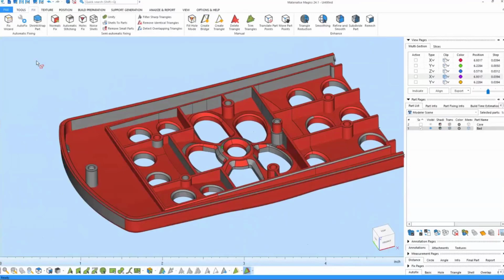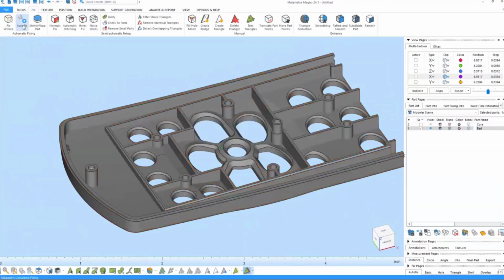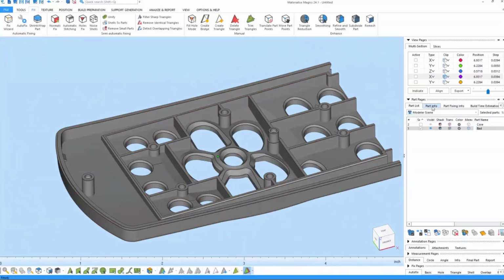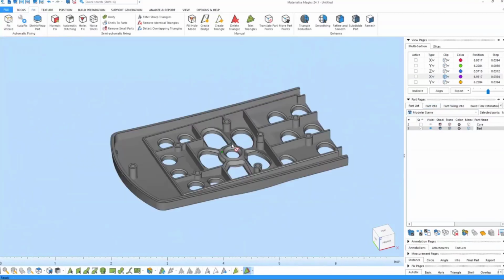The biggest one, and the one that I use, well, I guess we'd say second most, is the AutoFix tool. AutoFix is one click, solves and fixes all of the issues in our part. So it's as easy as one click, and we can get to a fantastic part. This is a great way to quickly fix parts if you're trying to do quoting or something like that. But this is a pretty aggressive type of solution and just kind of blunt forces its way through fixing the